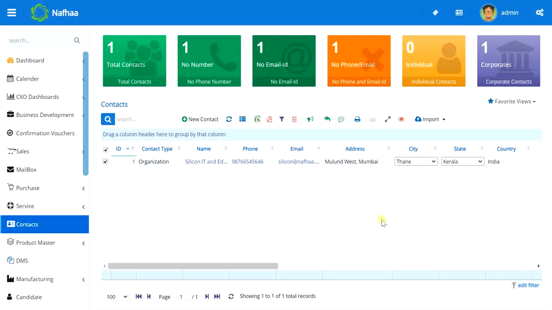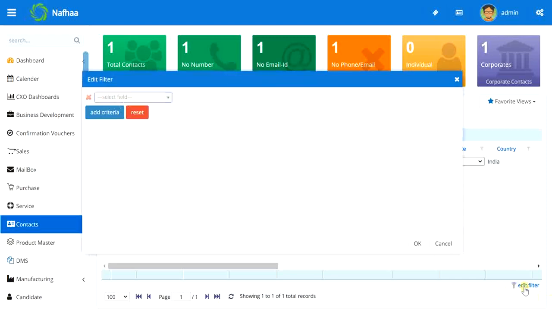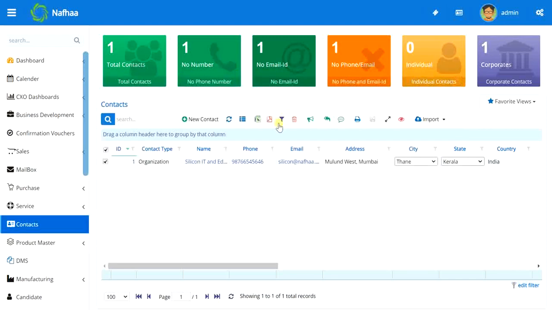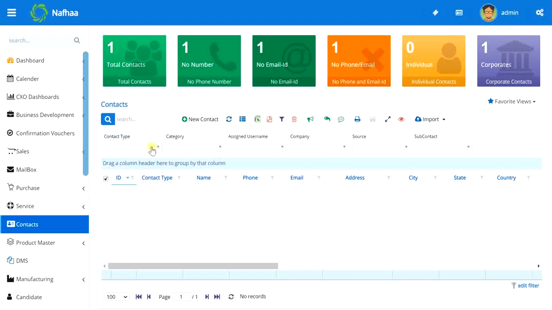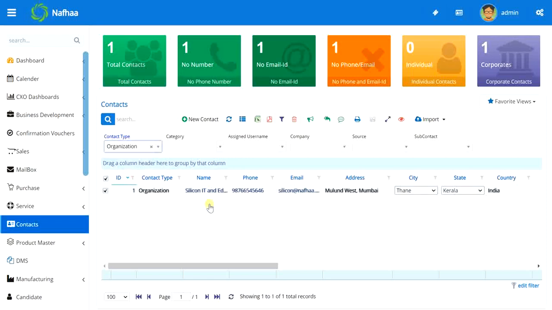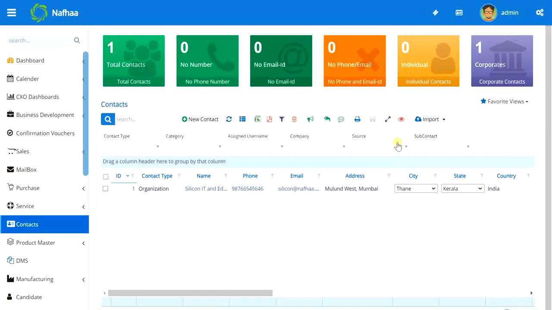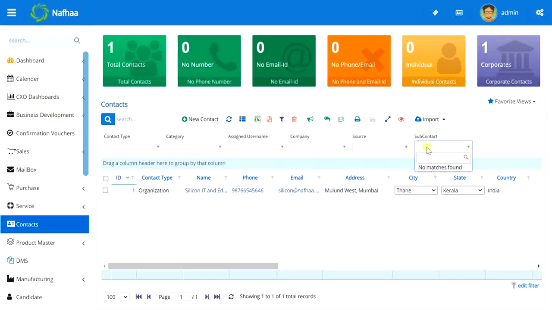so this was a brief introduction of contacts. Yeah, I'm missing this point. Edit filter. So as we saw with the quick filters, we can choose to see only the individual contacts. So there are no individual contacts. I want to see all the organization contacts. So there is one organization contact. Okay. Then if you want to see only contacts which are assigned to a specific user, or you can search a contact with a sub contact. Like if you remember, we added a sub contact here for this organization. I think we didn't save it. So you can search by a sub contact or contact person.